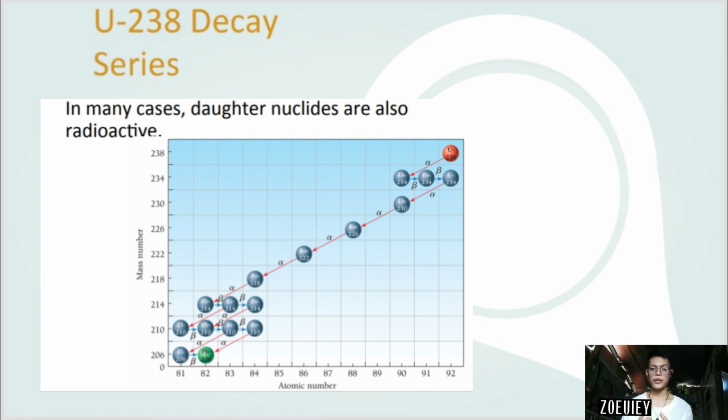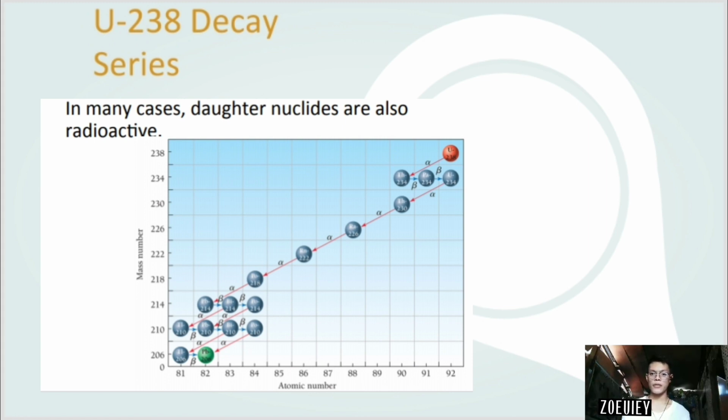So, as you can observe, the decays decrease the atomic number. And when it comes to lead, the bismuth has a choice. Either it undergoes decay to thallium or polonium, but we notice that it ends at the final daughter isotope, which is lead. Lead is 206, and lead is very stable and non-radioactive.